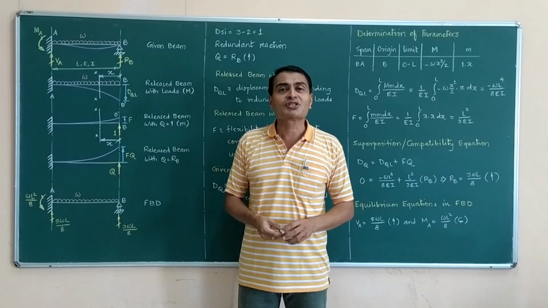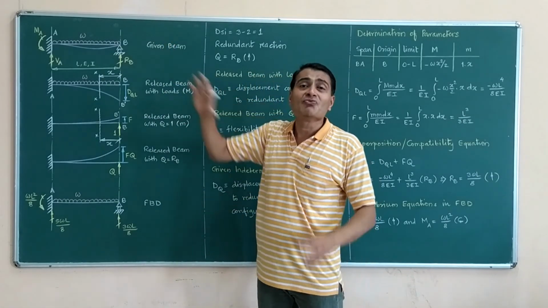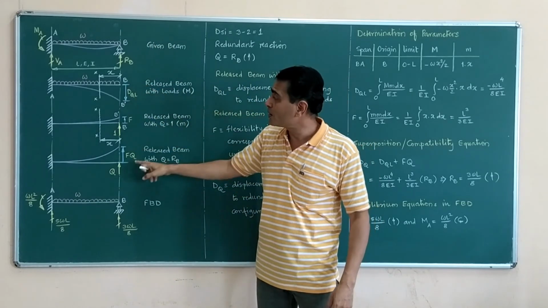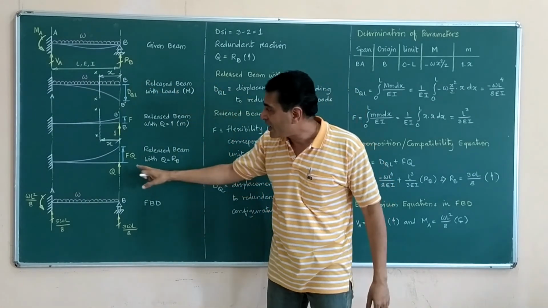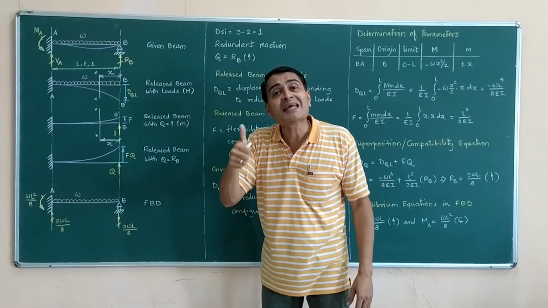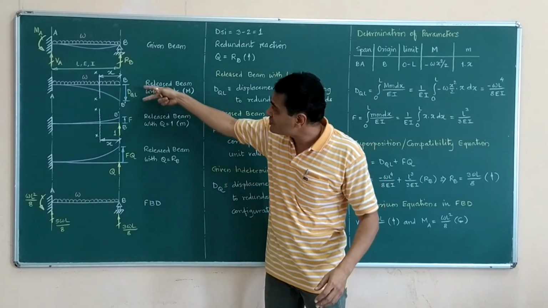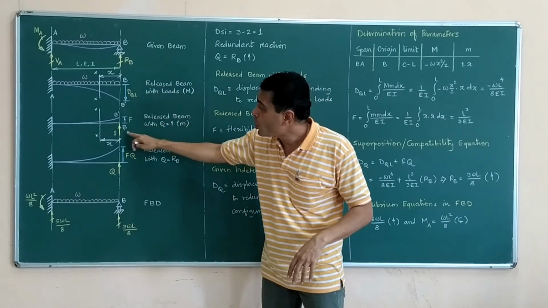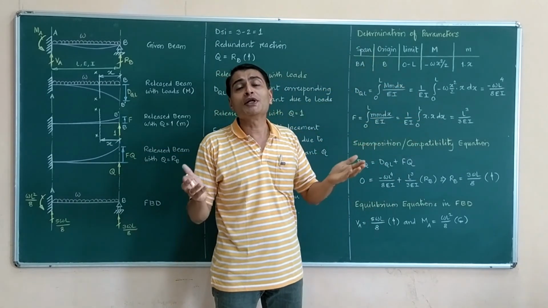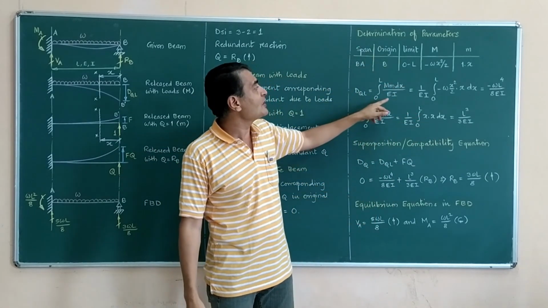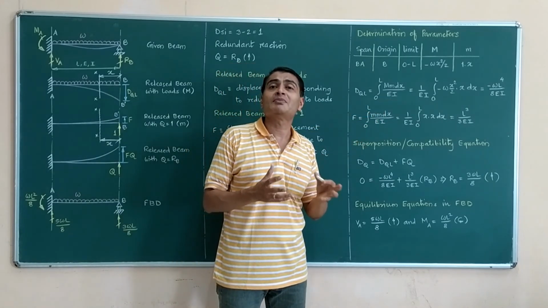So great, this is our flexibility approach, and as you are observing that given beam we release and convert into a couple of determinate beams, one determinate beam showing loads and other determinate beam showing reactions. Superpose them, you get your answers, and to find out these displacements either due to loads or due to unit value of your redundant, you are using nothing but unit load method. Your dqL is integral mm dx over EI, and your flexibility is integral small m dx over EI.